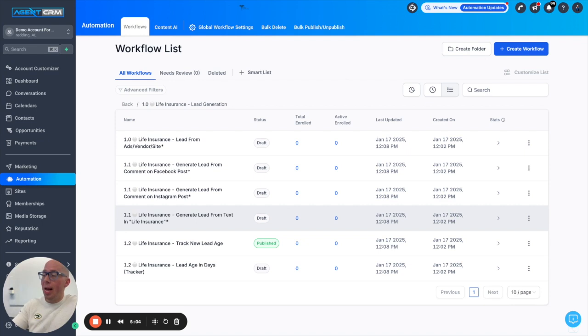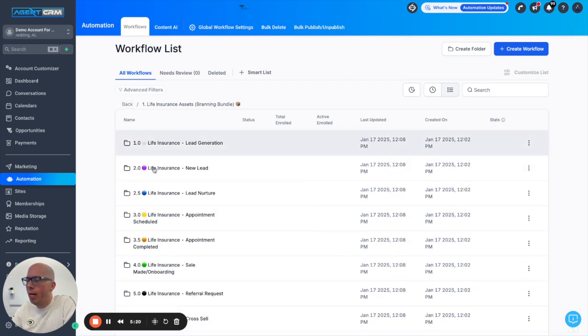You can have this automation set up and ready. This is listening to incoming text messages on your agent CRM number, and it will then have a conversation with the prospect and get them on your calendar. How cool is that? So now let's go back and look at what we've got set up for the